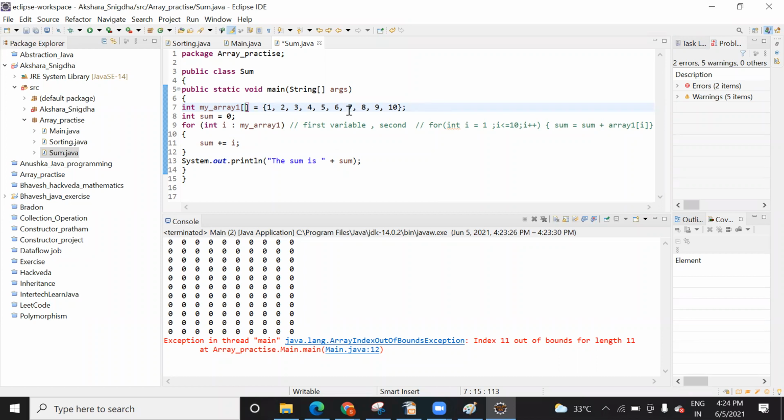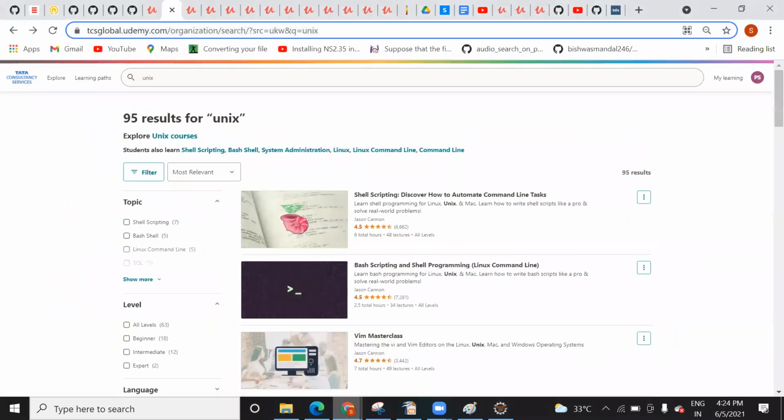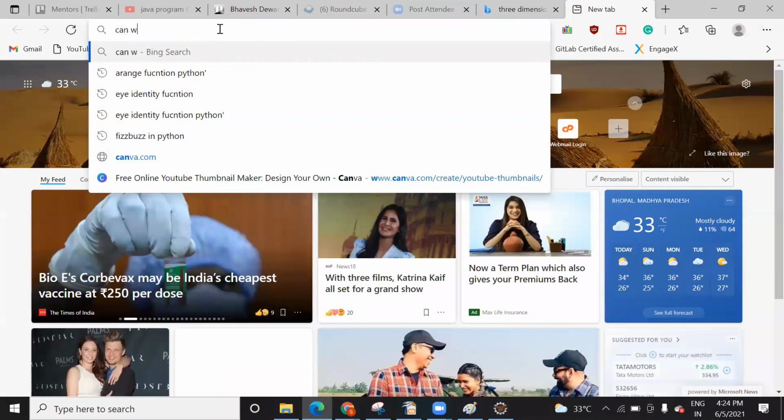Yes, but your compiler sometimes allows you to enter one or two more values. I think I have tested it. Maybe your array size was not defined, so that's why it allowed you to enter. Because if you allocate the size of the array, then I don't think the compiler will allow you to do that.